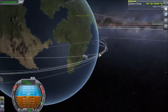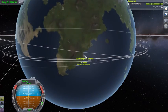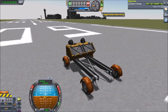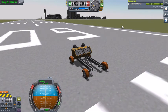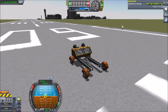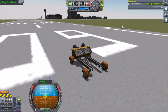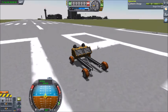Map's not really needed, but it just satisfies me to put it like this. We don't need SAS on this thing. We just need to release the brakes. And off we go! So I don't imagine this thing's gonna get to 200 miles an hour. In fact,